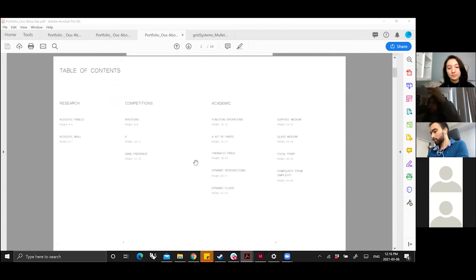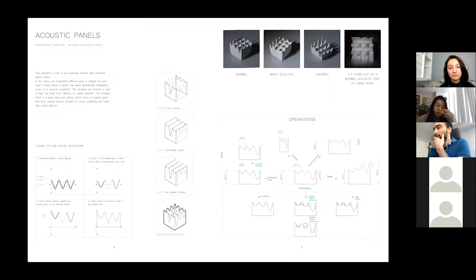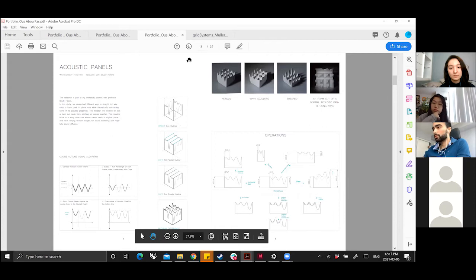This portfolio is mostly for grad school, and this is the one I applied with for MIT. It has changed a lot since then, but I thought this is more helpful to show you. So maybe before I start, I'll just speak about